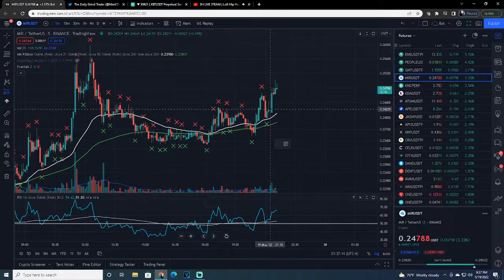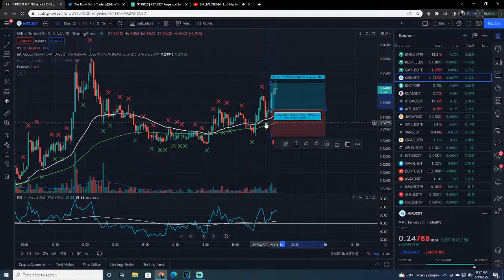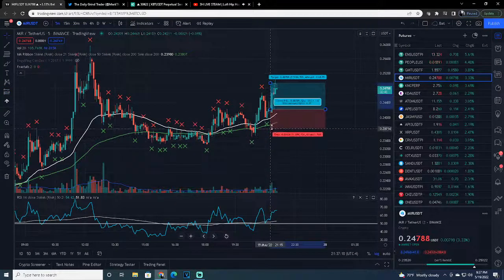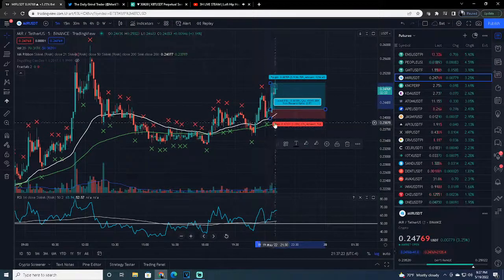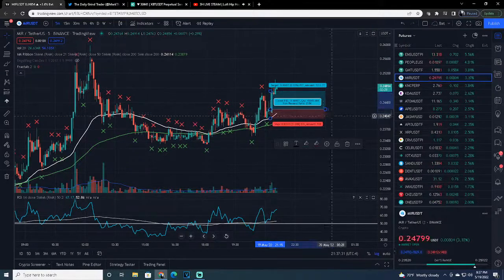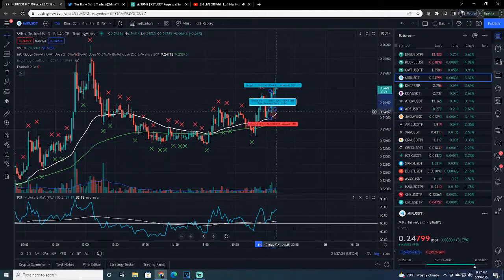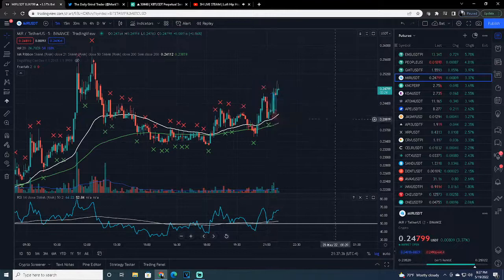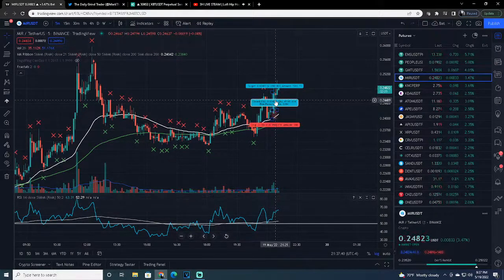Remember, this fractal doesn't print until the next candle closes. And that would have been our stop loss at the bottom here, just below that. And then going 2 to 1. I mean, we're at 2 to 1 here in the first 10 minutes of the trade. And again, it's a 2% on 20x leverage, it's a 40% trade. This is how quickly, when you can catch